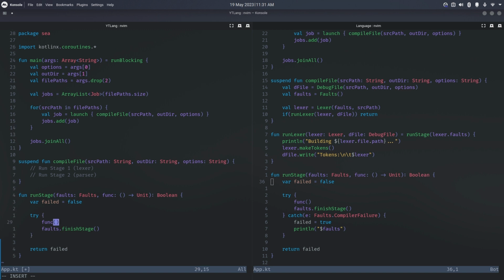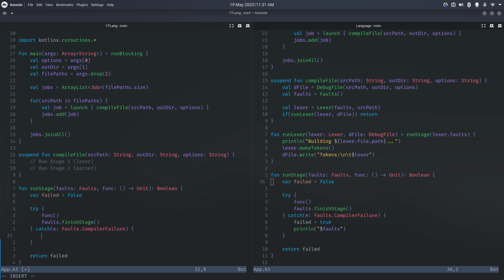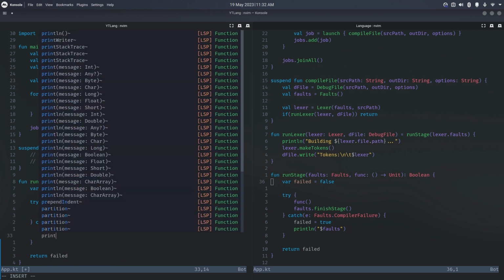But if there were errors, that didn't happen. So what we have to do is we have to say false.finish stage. And that's going to increment the stage, but it's also going to check if there's any errors that were made. And if there are, then it should throw an exception. We can now catch either of those false.compiler failures. And now if it's true that we've failed, we can say failed is true, and then we can print out